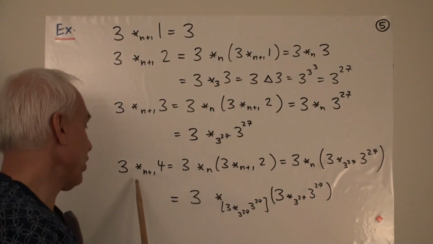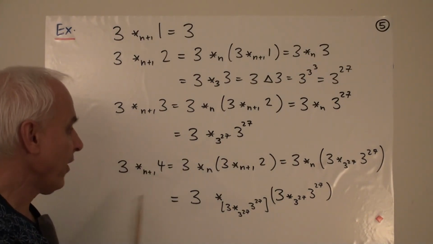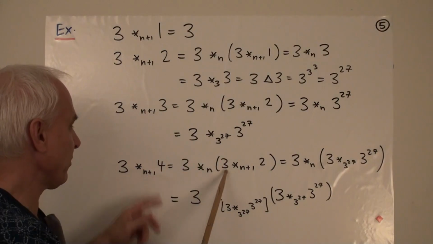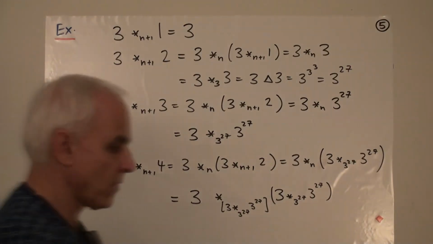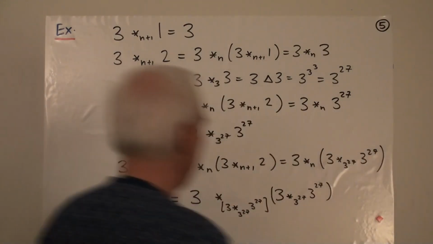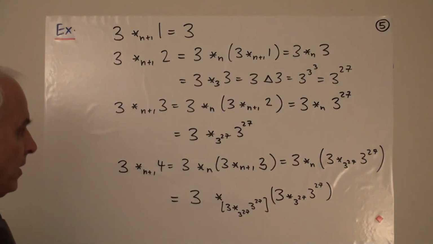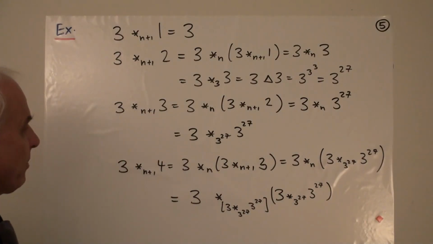Okay, and let's just have a look at what the next one would be. 3 star n plus 1, 4. So again, by definition, that's 3 star n, and then multiplied by 3 star n plus 1, 3. That should be a 3. That too should be a 3. There we go. And so what we're getting here is what we've just calculated at the previous step, which is